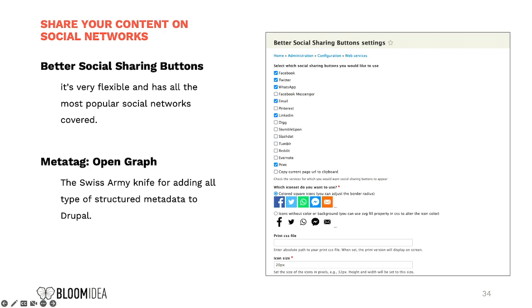And then this one is Metatag. Metatag is like a big module with sub-modules. Everyone should install Metatag. It has a sub-module, Open Graph, and with Open Graph you can control how the content is shared. You can choose which image is going to appear on Facebook, what description, etc., and you get big previews on big displays there.